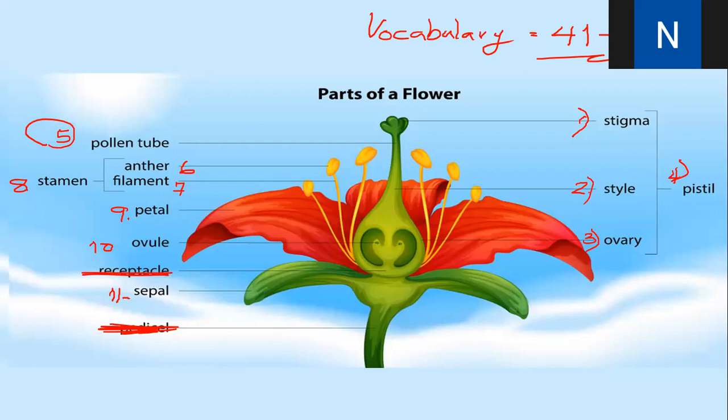Okay, I will count 1 to 50 and then everybody is finished. Okay? 1, 2, 3, 4, 5,